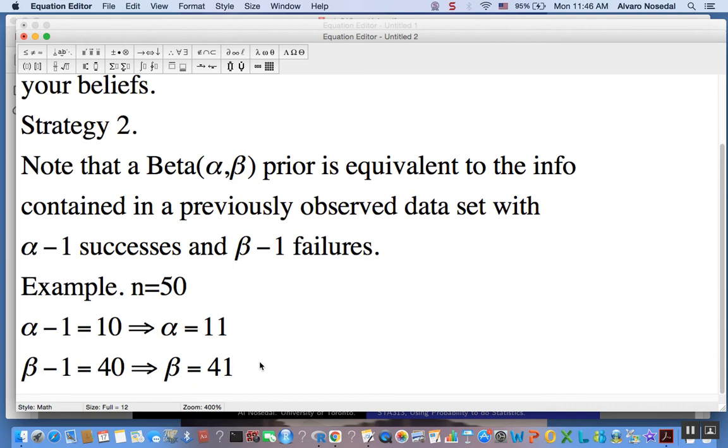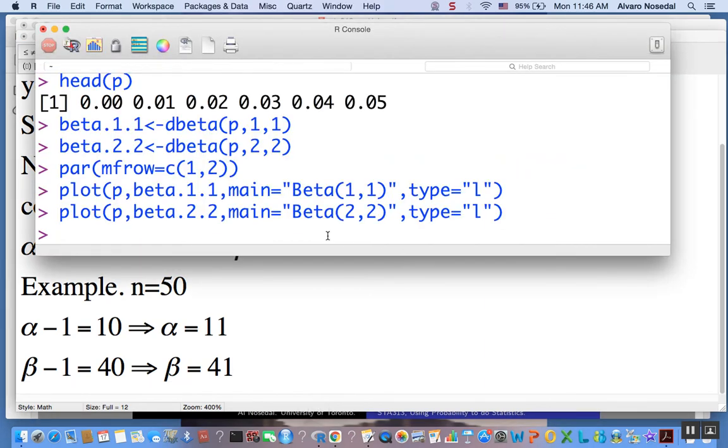Okay, so now just to have an idea of what we mean, let's create a beta(11,41). Say that we were willing to consider that as a possibility. Using that strategy, proposing a beta with parameters alpha and beta is the same as having observed a previous sample. Well, not prior sample, because prior is before observing data, but anyway, when you are considering a prior distribution with parameters alpha and beta, it is as if you had observed a data set with alpha minus 1 successes and beta minus 1 failures. Okay,